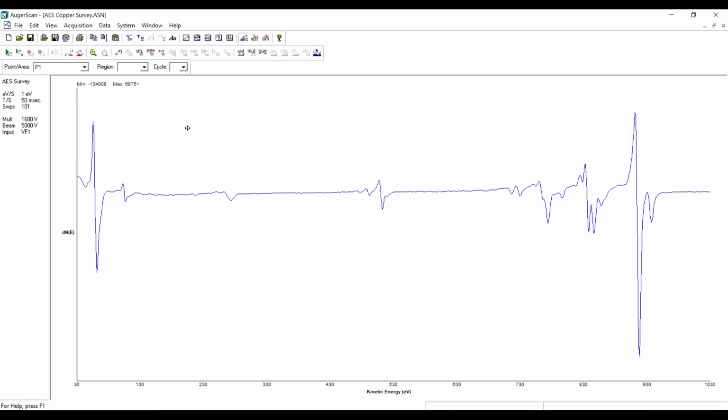Okay, and let's delete our atomic concentration. So now I'll show you again. If I come over here, get to the bottom of the peak,